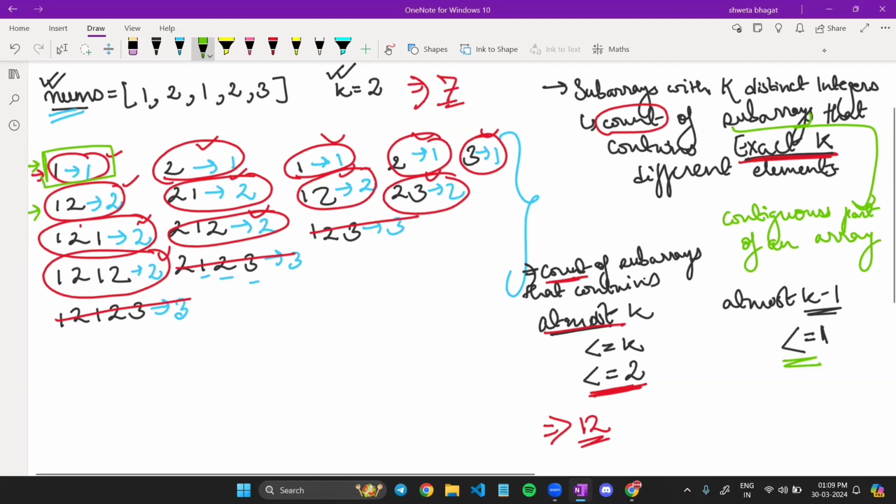Now, are we going to consider this subarray? The answer is no. Why? It's because it's containing 2 distinct elements. And how many distinct elements did we want? We wanted 1 or less than 1, right? Similarly, we won't consider this subarray. We won't consider this subarray. We won't consider this subarray. We will consider this subarray. Why? It's because it's containing only 1 distinct element and it's less than or equal to 1, correct? Now, we won't consider this subarray because it's having 2 distinct elements and we wanted either 1 or less than